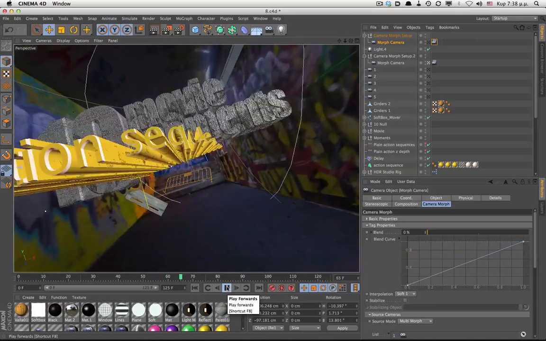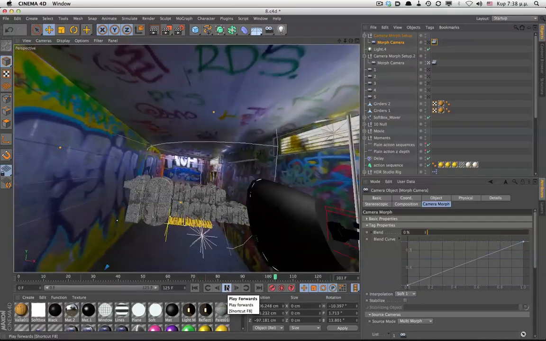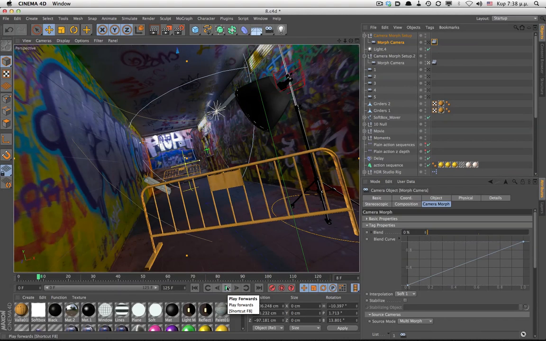Now you can further refine your scene in your favorite compositing program. I tend to do that a lot. Since I know the effect I want to go for, I leave the animation as simple as possible so that I can speed it up or slow it down in post. It depends on the project though.